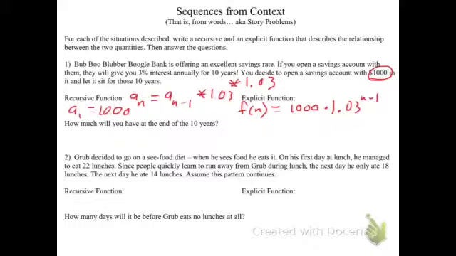And so we're going to plug in 11 into our explicit function here. So we're going to get f of 11 equals 1,000 times 1.03 to the 11 minus 1 power, that's 10. So do 1.03 to the 10 power, times it by 1,000, and once you do that, you're going to get something like